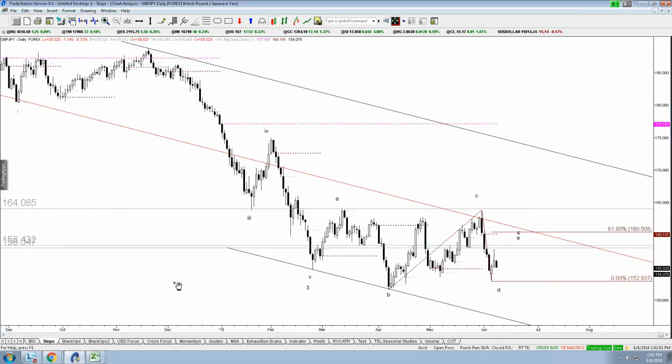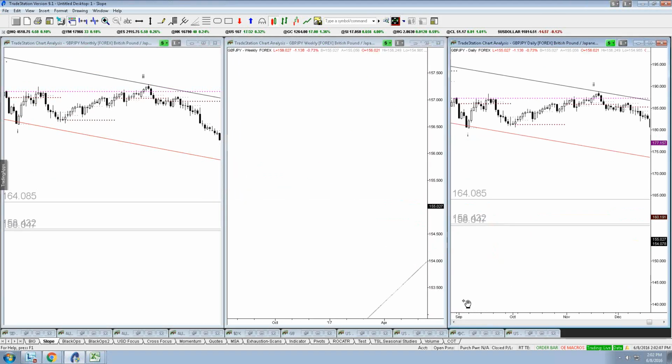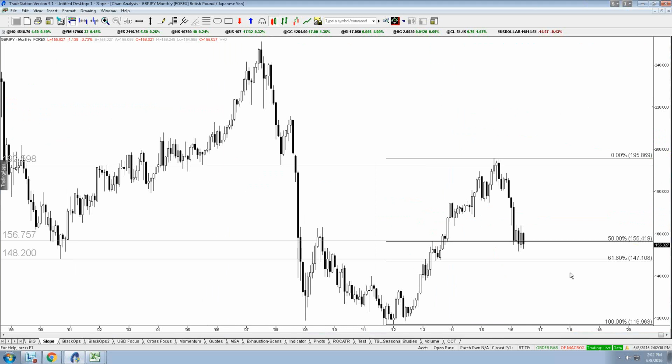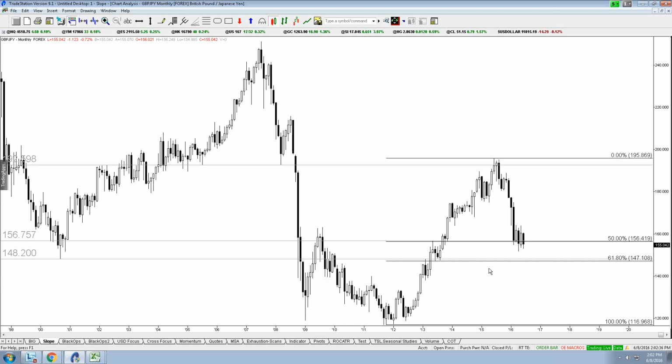Quickly here, let's look, because we're running short on time, but you might get your final low somewhere on this line. If you want to go bigger picture, there are some really big levels around 147. All right. It's obviously quite a ways away. It's 800 pips from where we are right now. But if you have been around pound yen, you know that it can move 800 pips in short order. 148.20 is actually the 2000 low, and the 618 retracement of the entire rally from the low in 2011 is 147.11. That's a big spot. All right. We've already retraced half of it, but this is a big area down here.